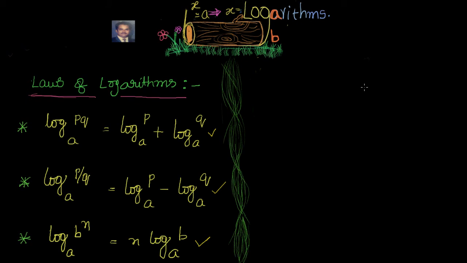So in the last video we have seen laws of logarithm. We'll be doing some simple examples applying the concept and the laws we have learned. Let's try to do some simple examples, 4 to 5 examples. The first one is this: log of x plus 1 to the base root 2 is equal to 2. Find x. That's the first one.